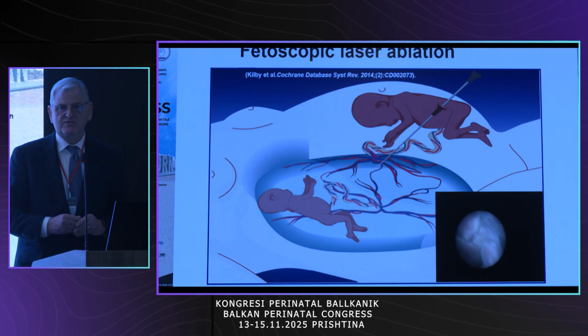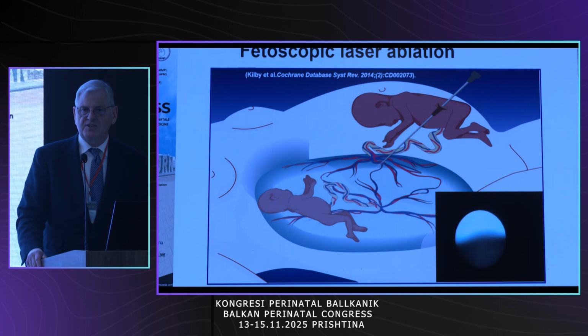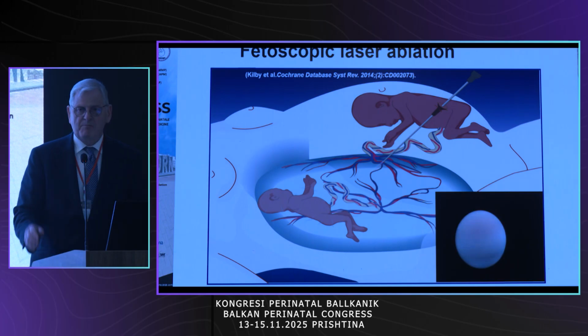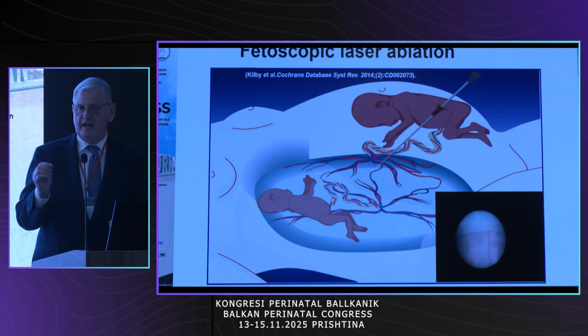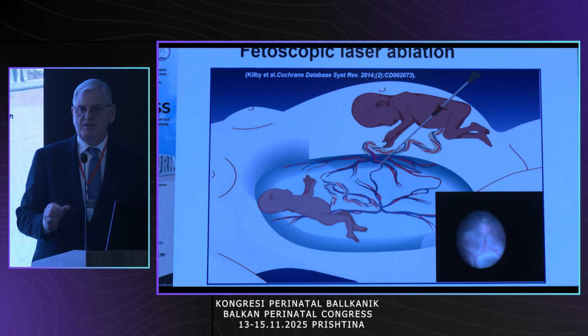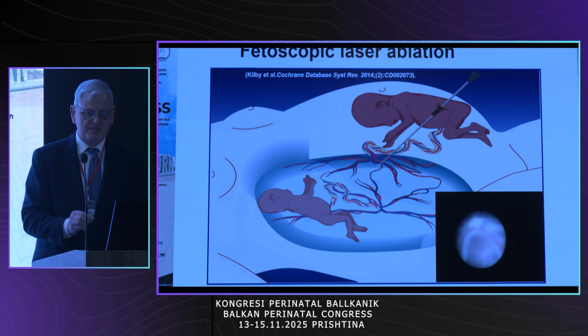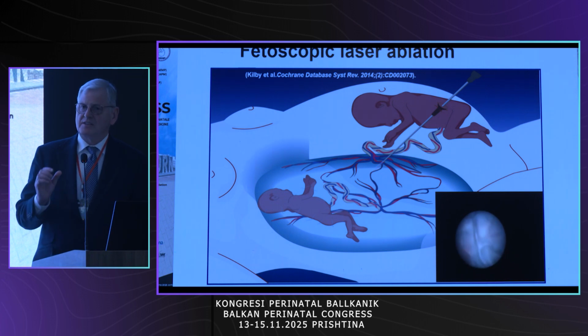And the treatment of twin-to-twin transfusion syndrome has been revolutionized by the use of fetoscopic laser ablation of the placental vasculature. Under local anesthetic, after doing a detailed scan of the baby, you put a fetoscope, which is only 5 to 6 millimeters in diameter, into the recipient sac, visualize the anastomoses that cause this problem on the surface of the placenta, and pass a laser fiber down and laser the blood vessels as they cross the intertwin